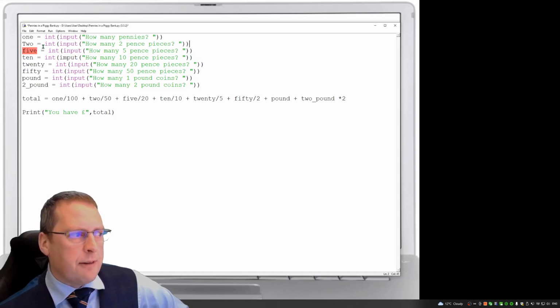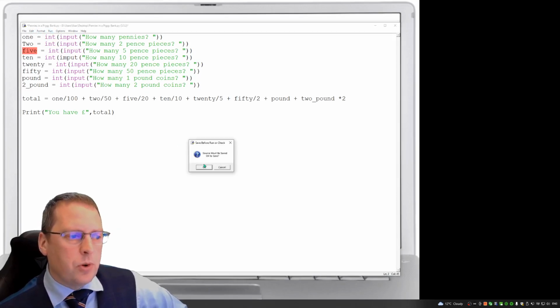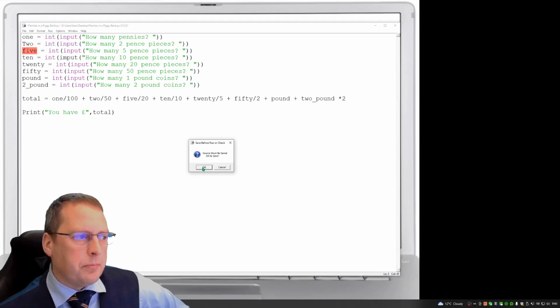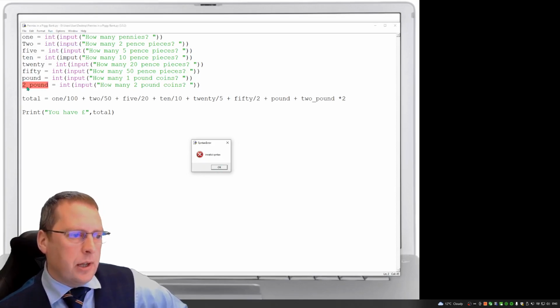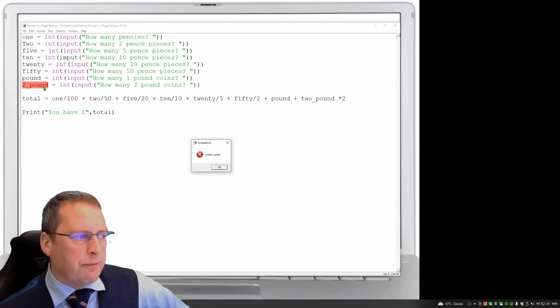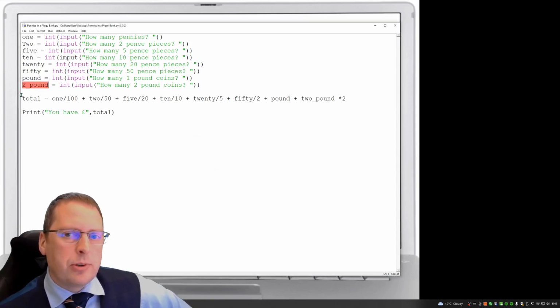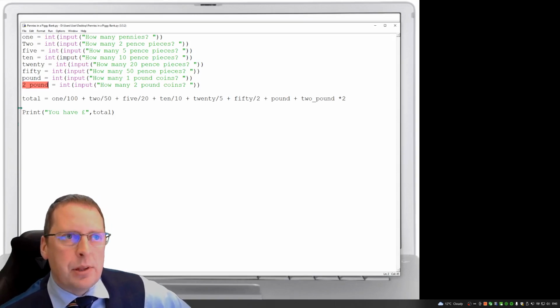So you need to look out for this when you get an error message. There's your first error. I should now be able to run the module again, and let's see what error message I get now. My next error is telling me there's something wrong with £2. Now if we think back to our last lesson when we thought about what our variable names can start with,